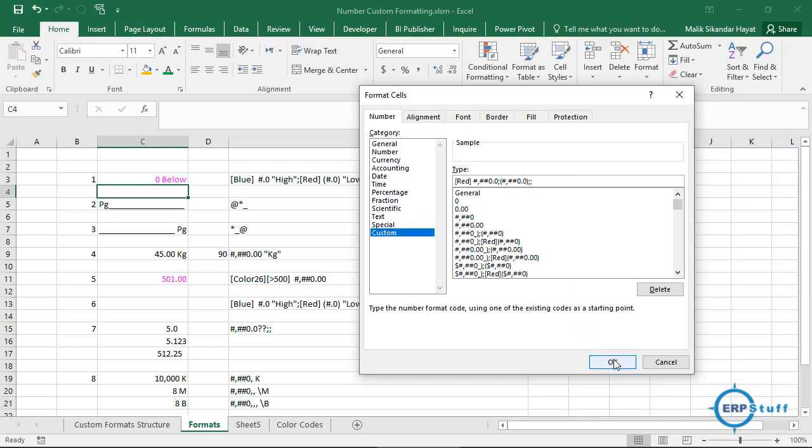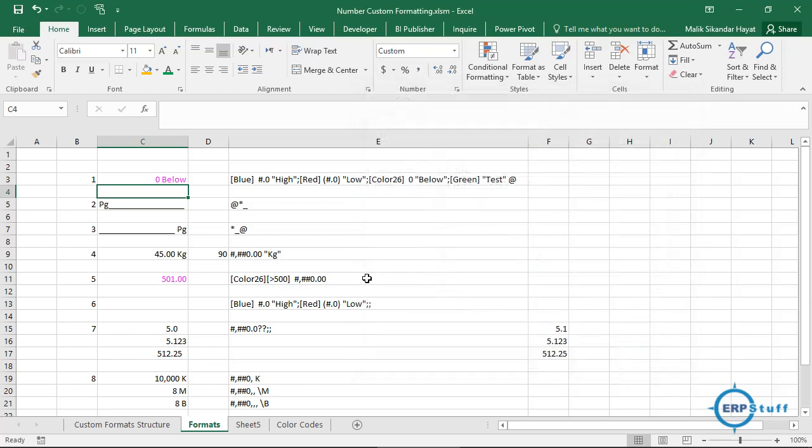So click OK. Right. Now here I have two. One for positive number, let's say 10. So it became red. If it is minus 10, it is showing black in parenthesis, right? Now let's say, for example, I want to show it in parenthesis but green, just for practice purposes.